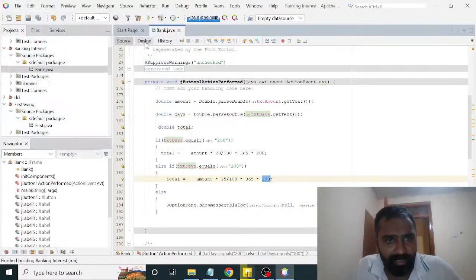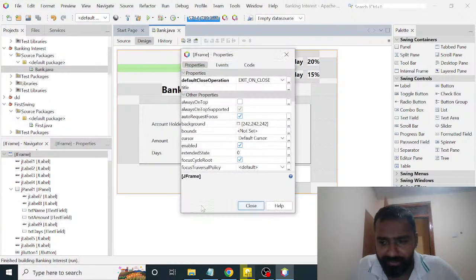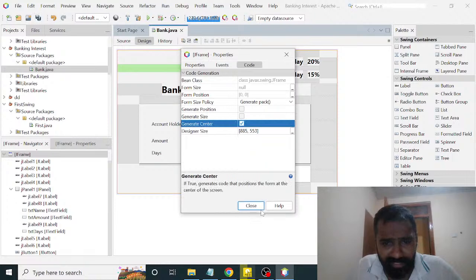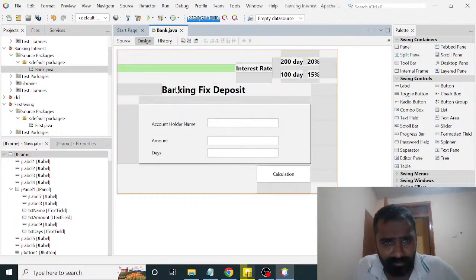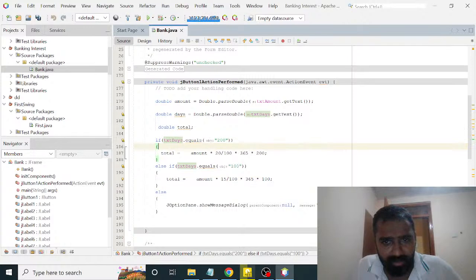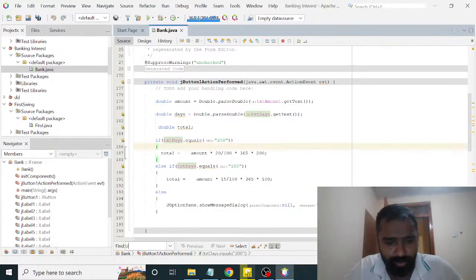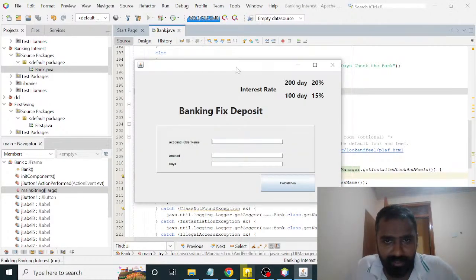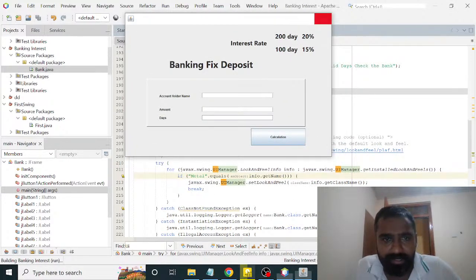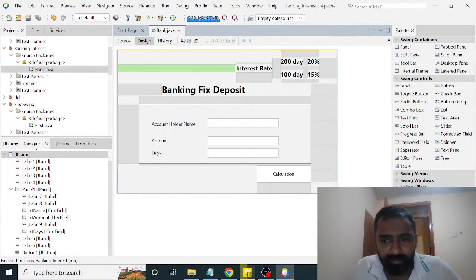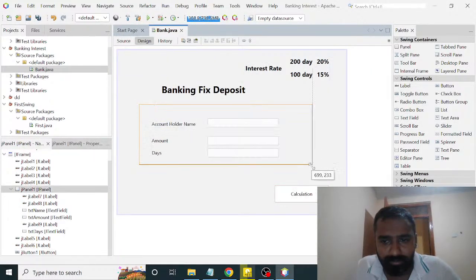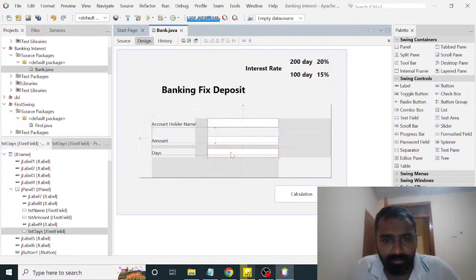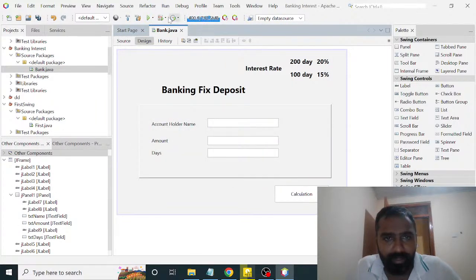So here, first I'm going to select the application, right click, properties, code generate center, close it. After that go to the source, control F, UI, sorry, UI. So you change it as matter. Then you go and check. Now here, it's simple. Right. Now let's